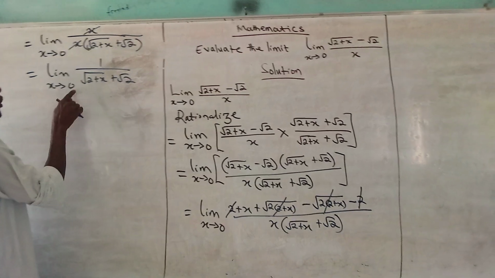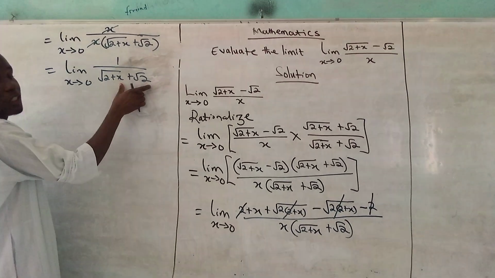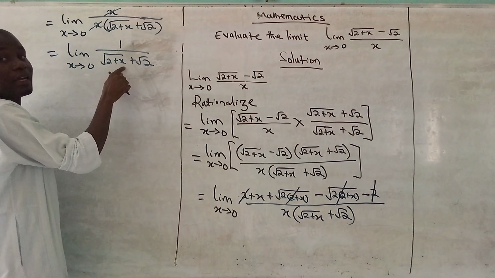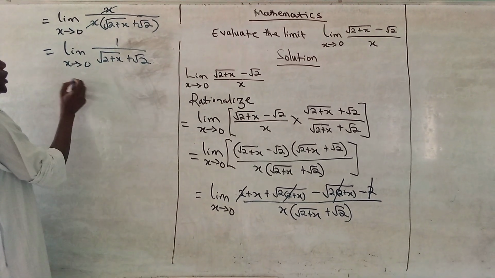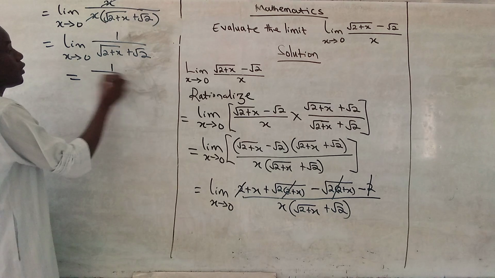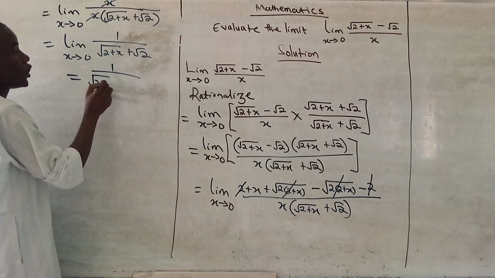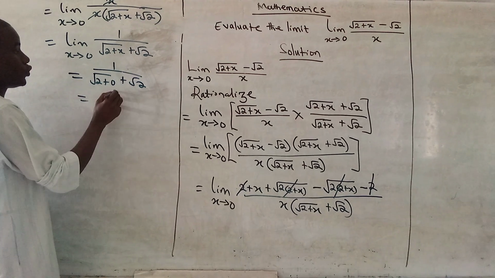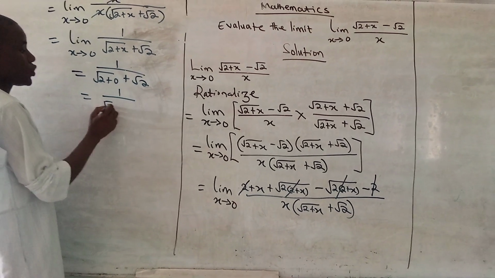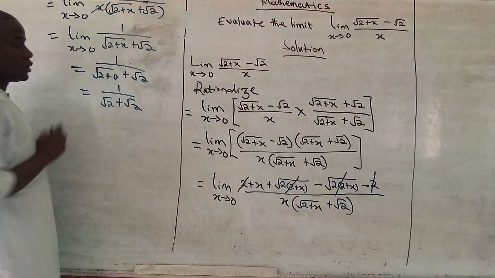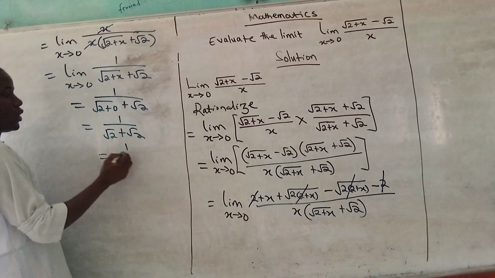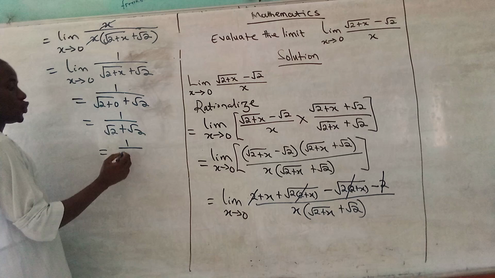At this stage, after having simplified it to this, let me substitute x to be 0 in the simplified function. What will happen? This is equal to 1 all over square root of 2 plus, what is x? 0, plus square root of 2. So this is 1 over square root of 2 plus square root of 2, so this is equal to 1 all over root 2 plus root 2,